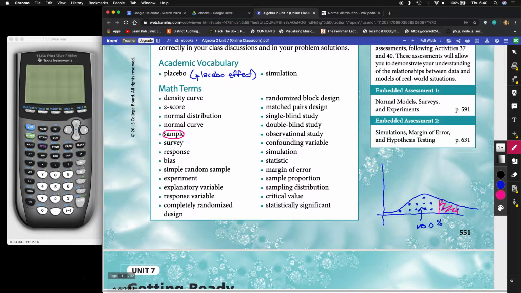Oh, confounding variables are extremely important. Another name for this is a lurking variable, and a lurking variable is a little bit more descriptive than confounding. So basically, when you're designing a way to collect data and analyze it and all that kind of stuff, you have to be thinking about confounding or lurking variables. You're trying to eliminate these variables from your study. These types of variables, if they're not accounted for,